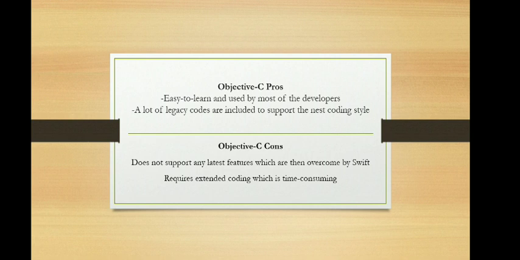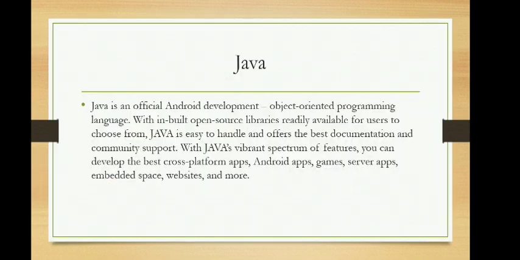to support the NeXT coding style. Cons: does not support any of the latest features, which are overcome by Swift, and it requires extended coding which is time consuming. Java. Java is an official Android development object-oriented programming language with inbuilt open source libraries readily available for